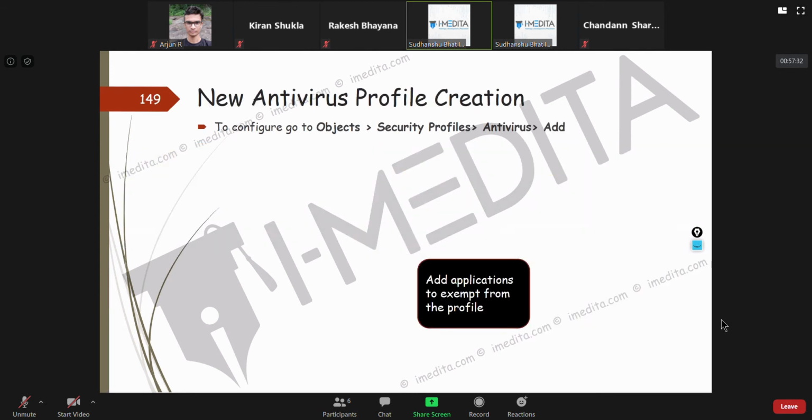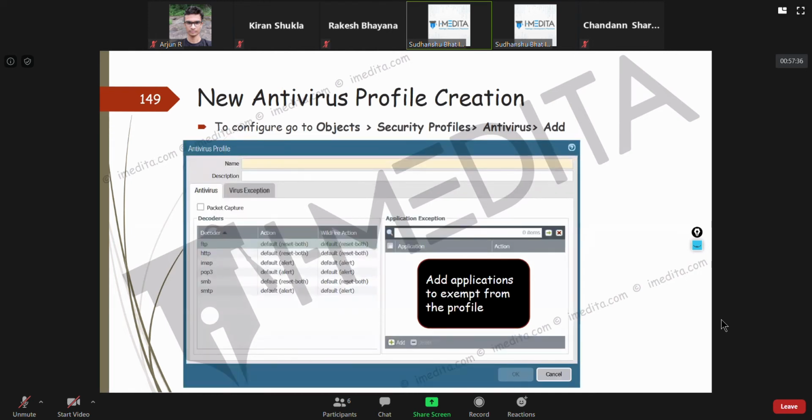Now, if you create a new antivirus profile, you can have application exemptions. If you trust certain applications and you don't want them scanned for these antivirus related things, you can add those, and those particular applications won't be scanned for viruses.